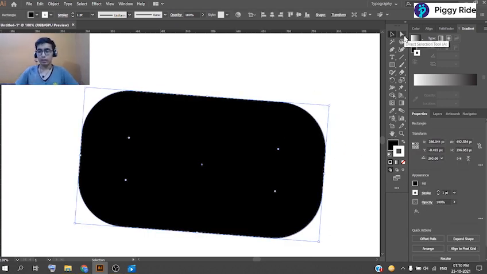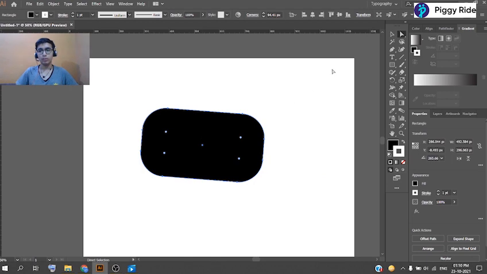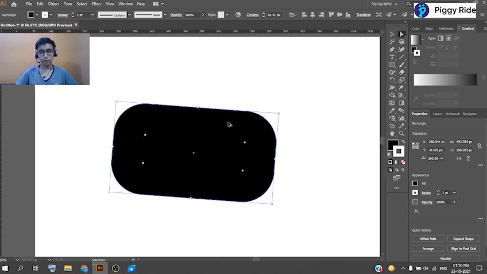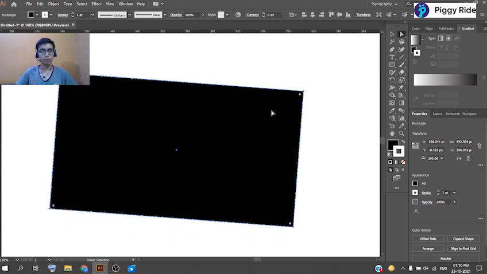Then the next tool is the direct selection tool. The direct selection tool is basically an upgraded version of the selection tool, because, like you can see, it is selection and direct selection. So there is not very much difference, but yes, the direct selection tool also plays a very important role in the software.